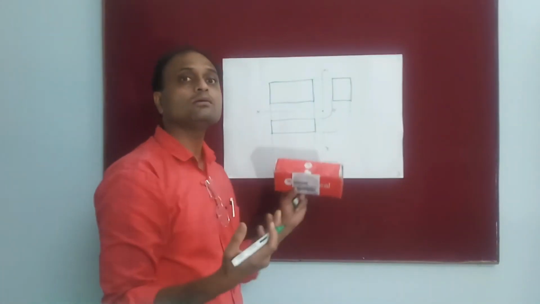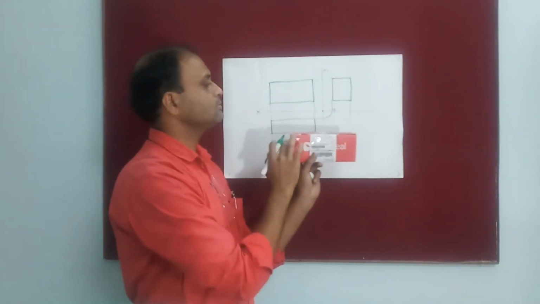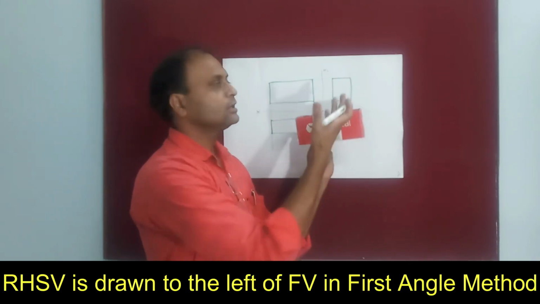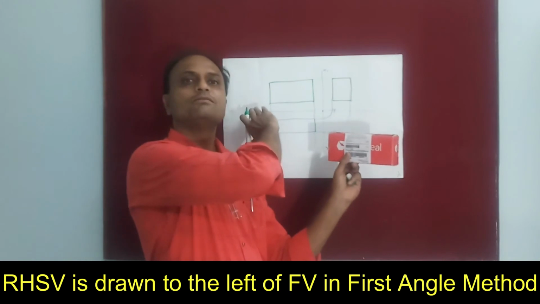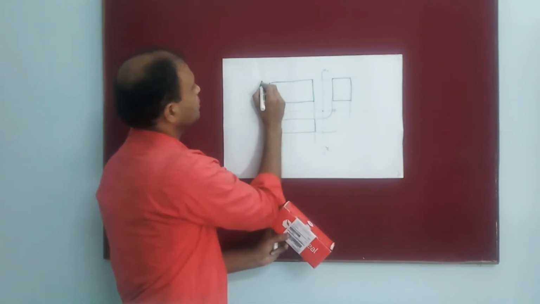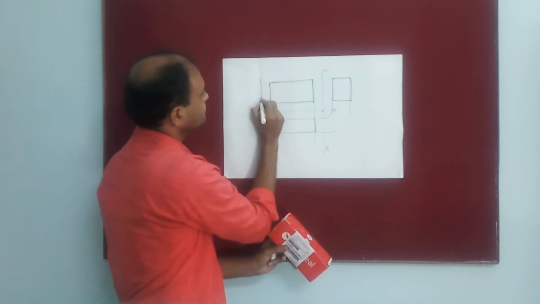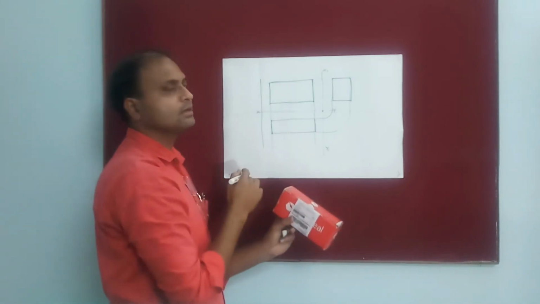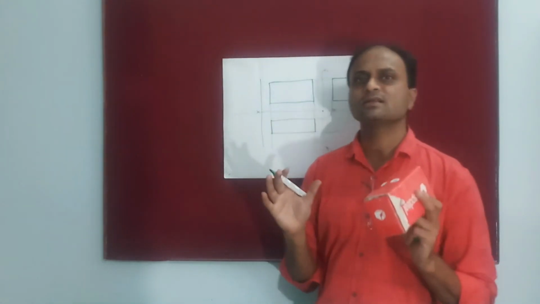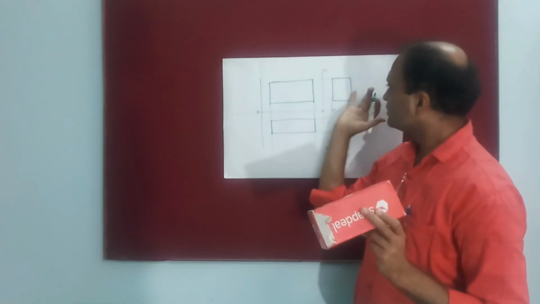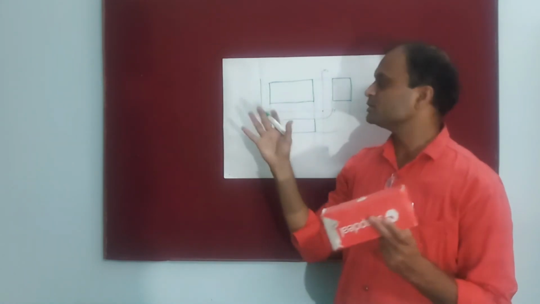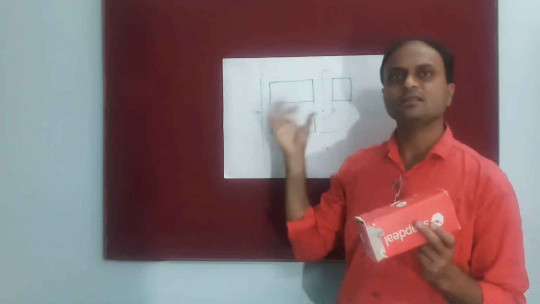Now if you are asked to draw the right hand side view of the object, for the same object, where will you draw that? That will be drawn to the left of the front view. Okay, so I am just showing the same in the same problem, this right hand side view. So draw another line. Remember, while solving problems on orthographic projections, you will have to draw either the left hand side view or the right hand side view. But for the purpose of demonstration, I am just combining both these problems in the same problem.